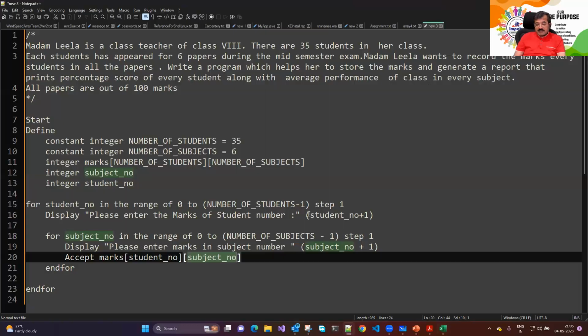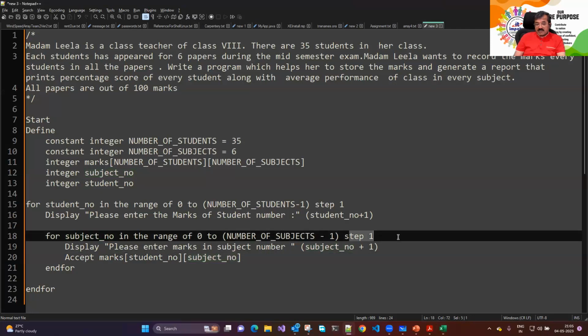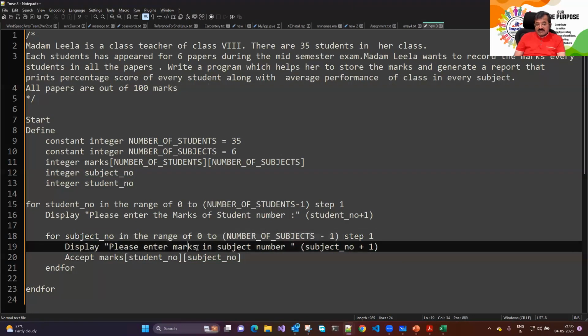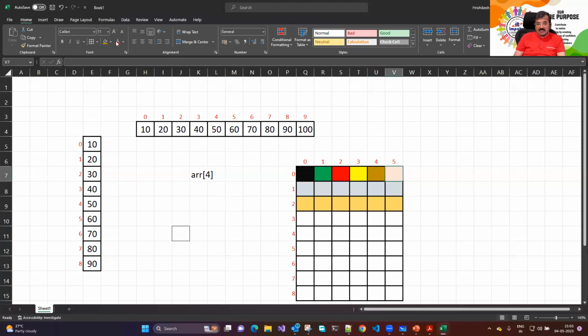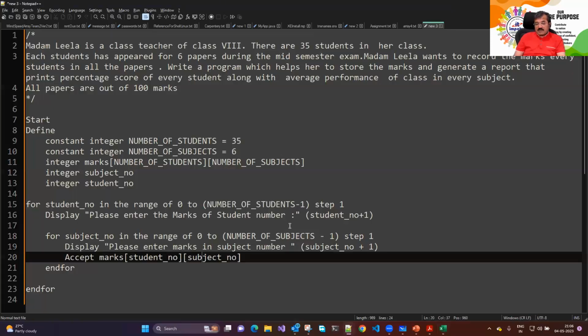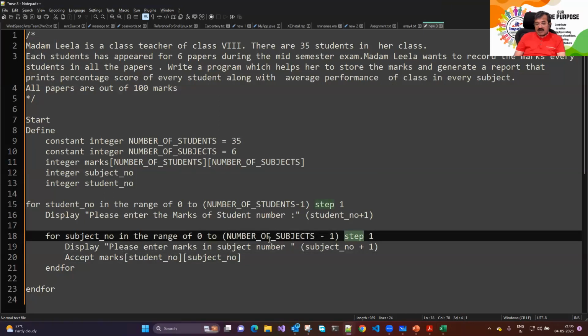And then after accepting marks in fifth subject, again step 1, so that becomes 5, is 5 in the range of 0 to 5, yes, if that is true, we go inside, we say please enter marks in subject number 6, and 0,5 में हमने यहाँ एक्सेप्ट कर लिया, तो मैंने एक स्टूडेंट के 6 सब्जेक्ट के मार्क्स एक्सेप्ट कर लिए। After I have accepted his marks, step 1 से counter ये सब्जेक्ट नंबर becomes 6, is 6 in the range of 0 to 5, condition is false,